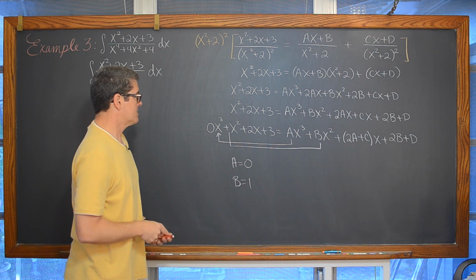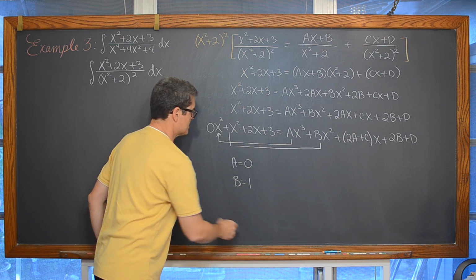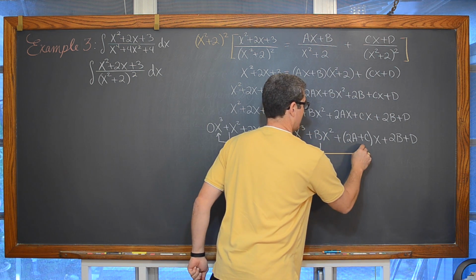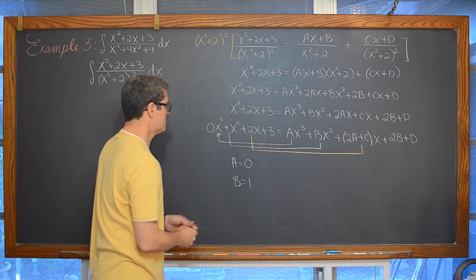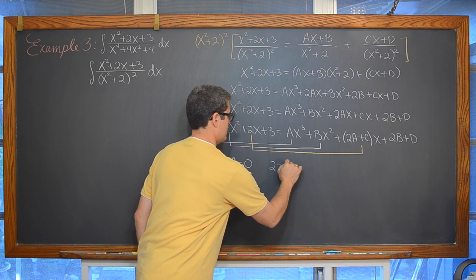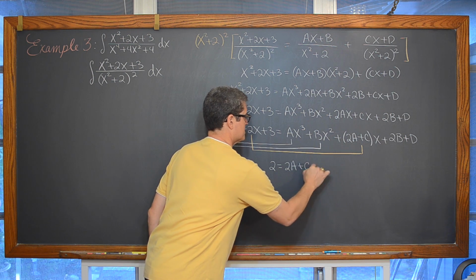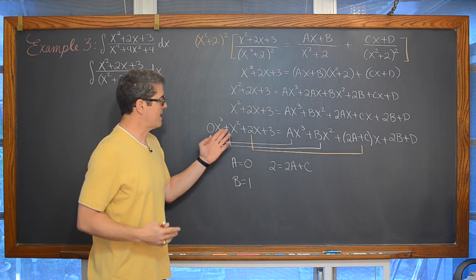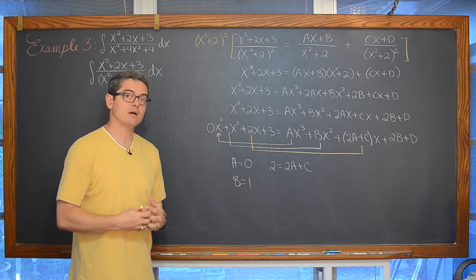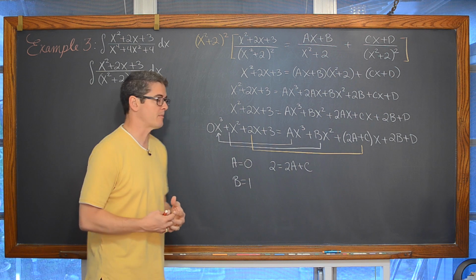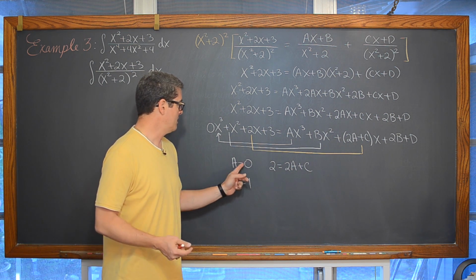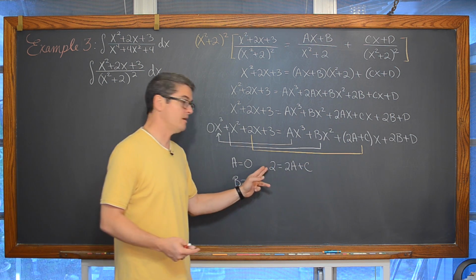Now picking our coefficients of our single degree term, we have 2 is equal to 2a plus c, but thankfully, as nasty as this was starting to look, the system of equations we have here actually comes out pretty simple, easier than most of the ones in my pre-calculus lesson. And we already know that a is equal to 0. So if we have 2 times 0, then c is just going to be equal to 2.